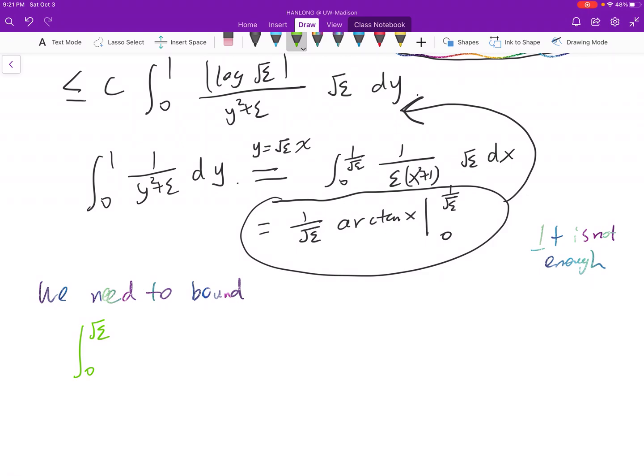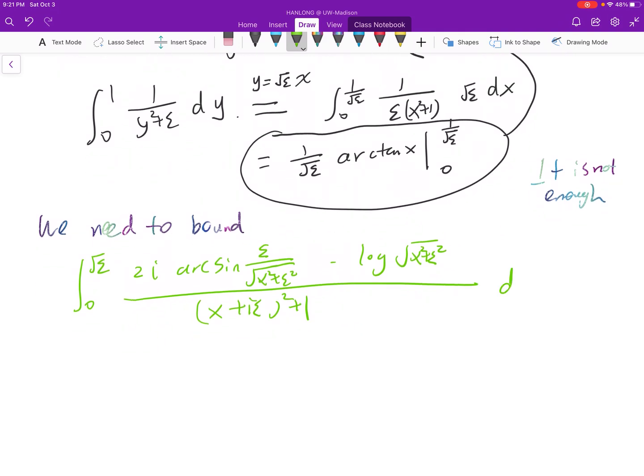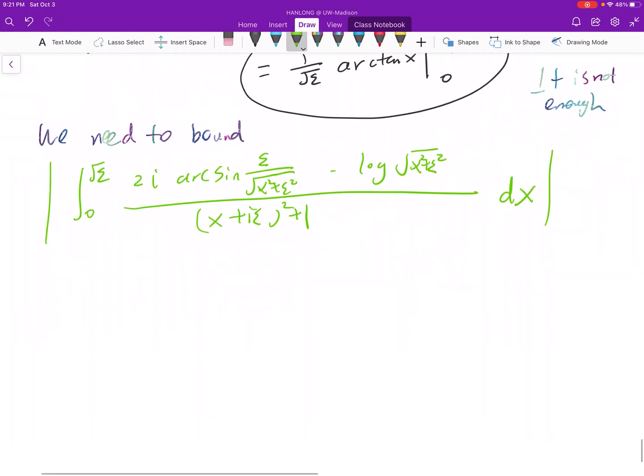From 0 to square root epsilon, and 2i arc sine epsilon divided by square root x squared plus epsilon squared, times log of square root x squared plus epsilon squared divided by x plus i epsilon squared plus 1, dx. So how to bound this? Of course, here for the denominator, you can drop it. So this is bounded by